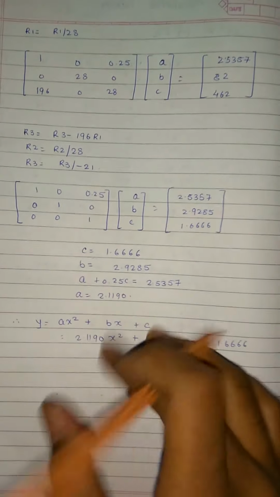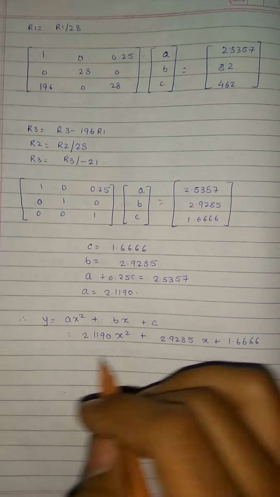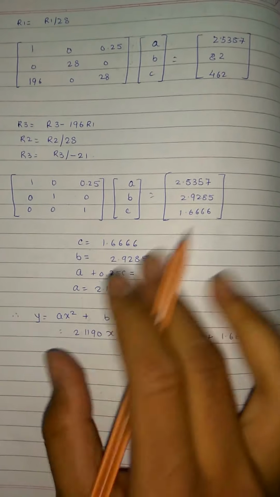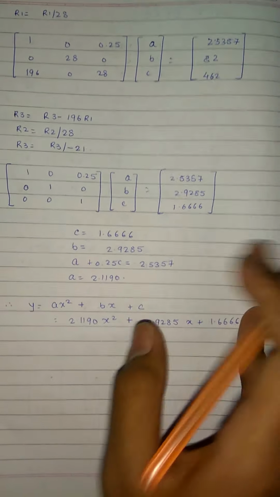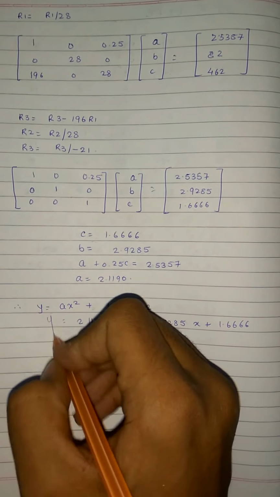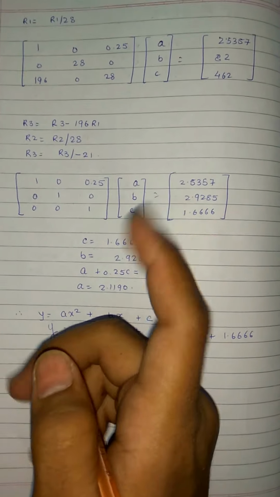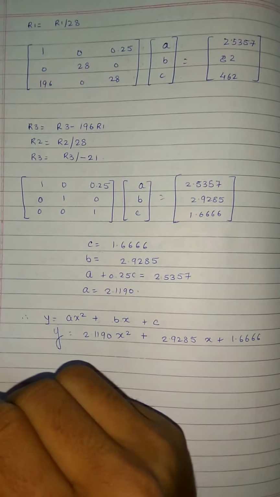Now following our curve, that is ax square plus bx plus c, putting all the values. We do not have the value of x, keep it unknown for the time being, or else you can assume it while preparing, not in the examination, and you can find out an answer for y. In this manner, you have fit 2 curves, that is straight line curve and parabolic curve. There are also other types of curve, ab raised to x, ax raised to b, and so on. We'll be seeing in the next session.